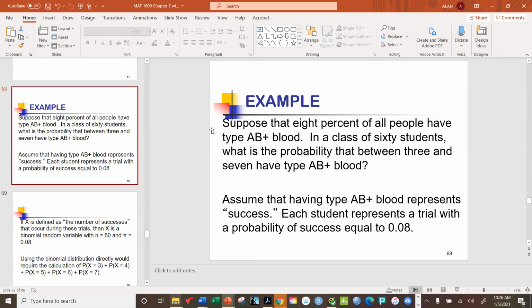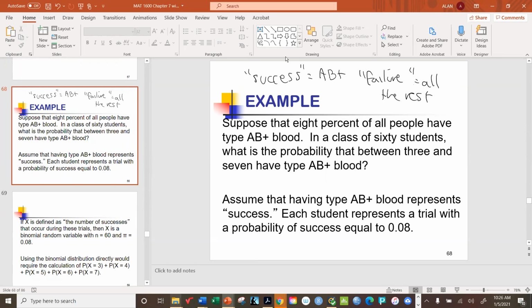If we think of the blood types as either being AB positive or not AB positive, then we can think of this as a binomial trial, even though, or binomial experiment, even though obviously there's more than 2 blood types. If we're willing to think about success as AB positive and failure as all the rest,